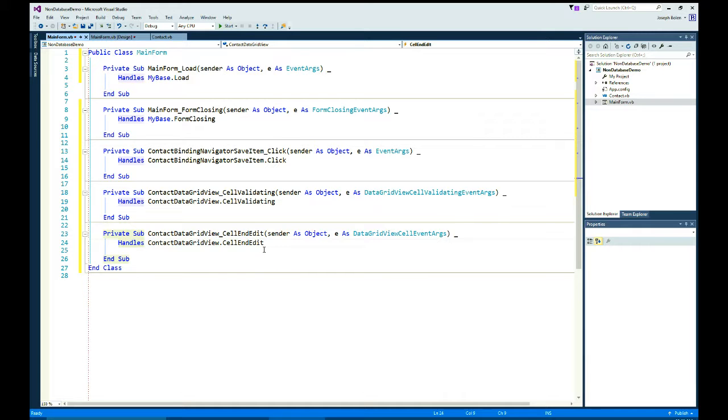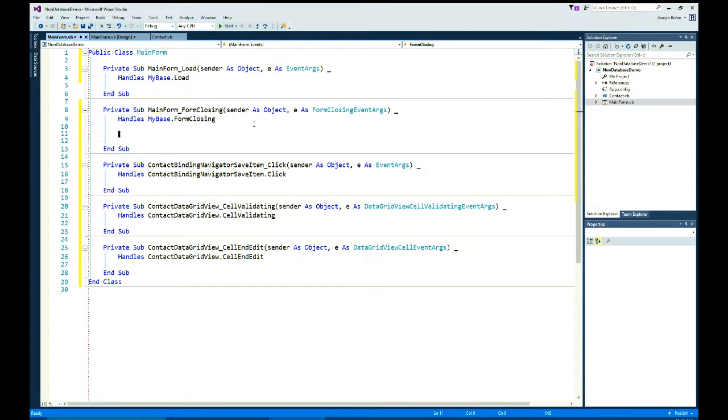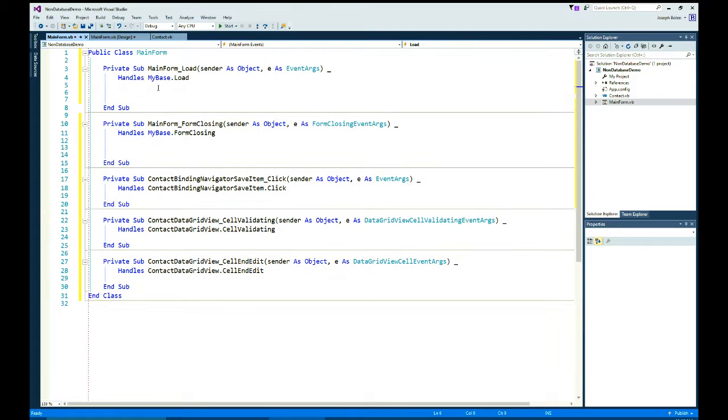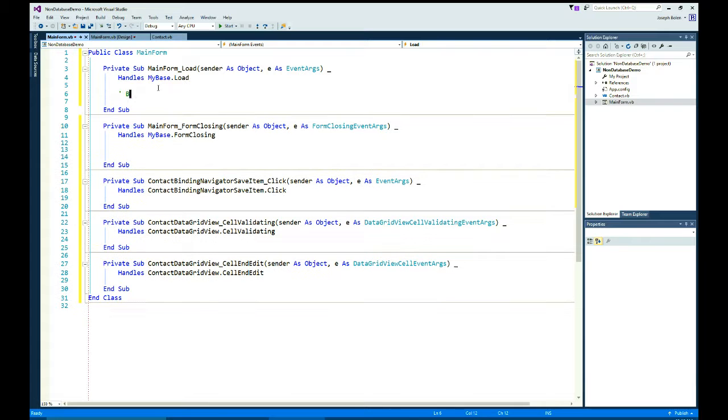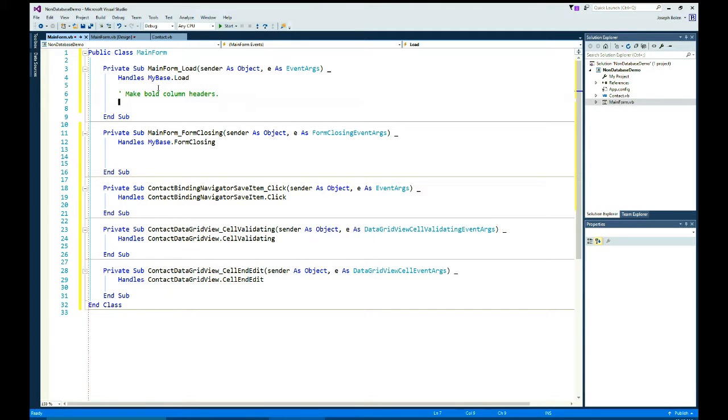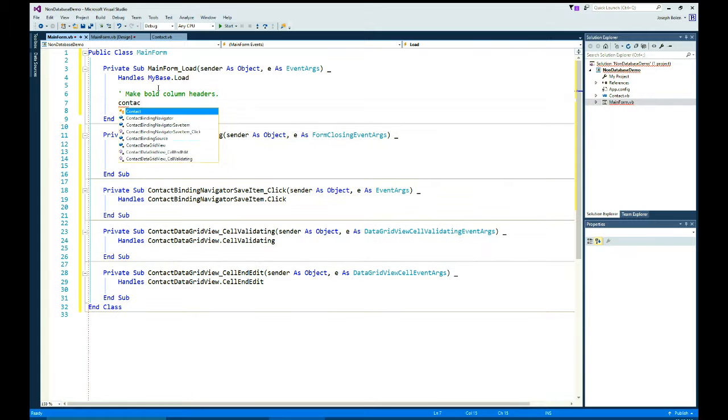One of the things I want to do when I'm working with the DataGridView is that one of the properties does not set well in the designer. You have to actually do that in the code. We're going to do that in the load event. So I'm going to call this make bold column headers. And we're going to do that by referencing the data grid, which is contact